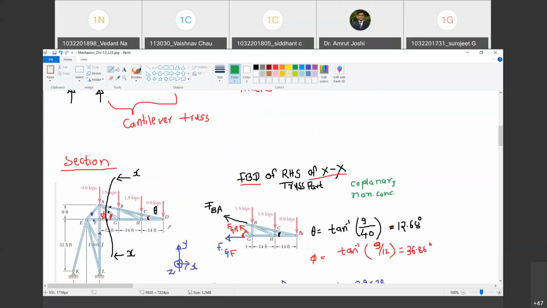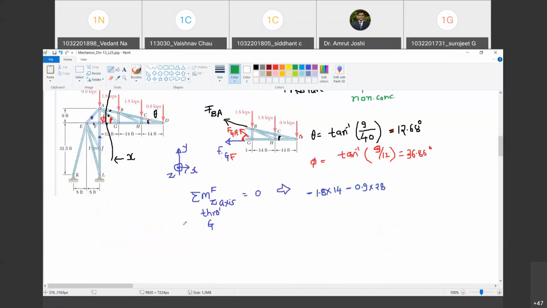So how many equations of equilibrium are possible? Three. There are three equations possible: two force equilibrium equations and one moment equilibrium equation. So if I define the coordinate system as x, y, and z coming out of the plane of the board towards you as positive, then there are three equations: summation Fx, summation Fy equal to 0, and summation of moments of all the forces about the z axis passing through a point under consideration equal to 0. Do you agree with me?